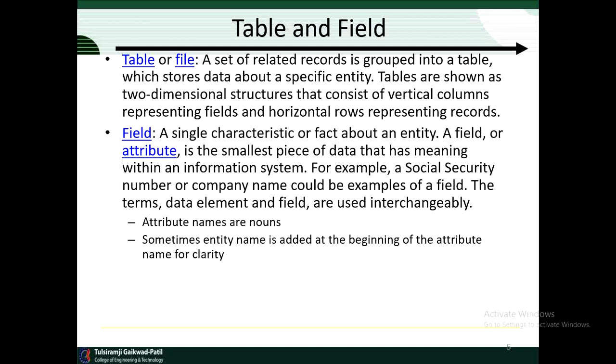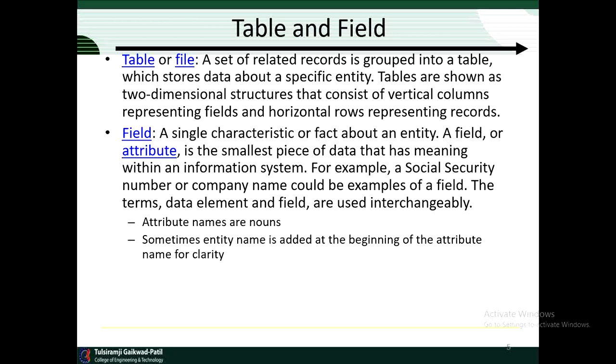Field: a single characteristic or fact about an entity is called a field. A field or attribute is the smallest piece of data that has meaning within an information system. For example, a social security number or company name would be an example of a field. The terms data element and field are used interchangeably. Attribute names are nouns.